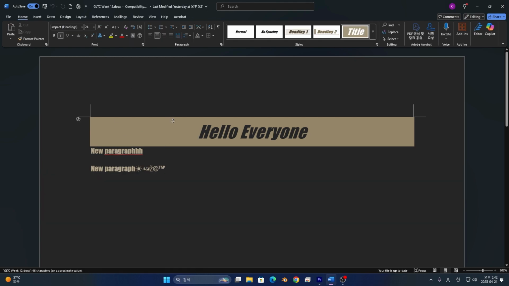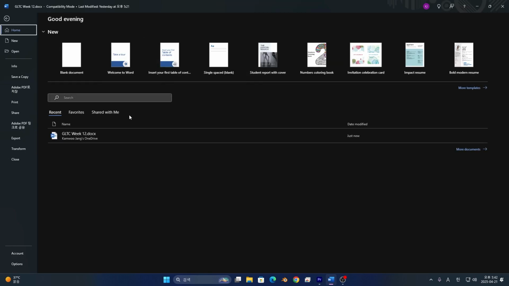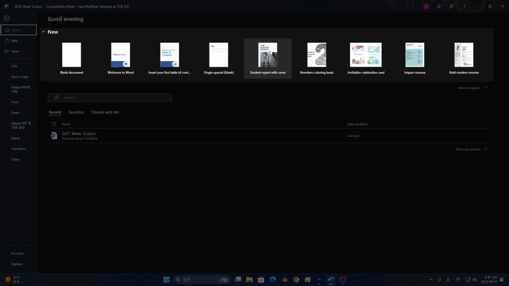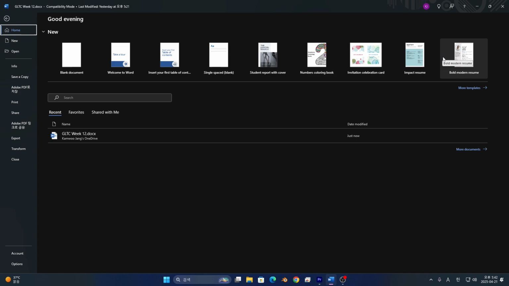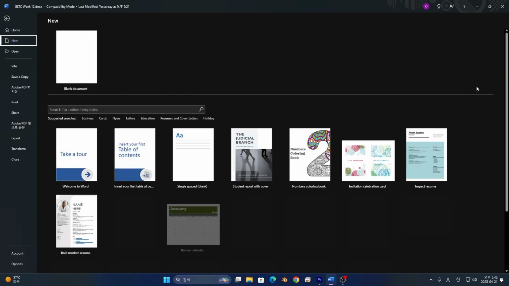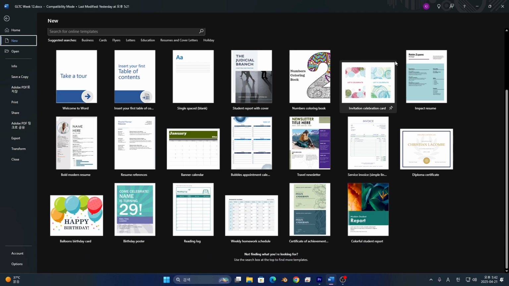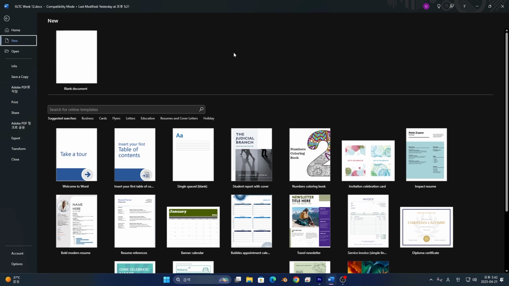And now you're going to learn how to use templates in Word. To use templates, simply press File, go back to the Home tab, and you'll see in the New tab there are lots of templates, but if you want more templates, simply press More Templates below it. And you'll be directed to the template page, and you can click the suggested searches such as business,